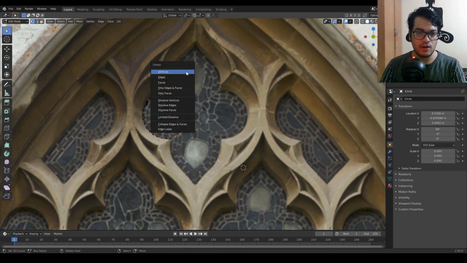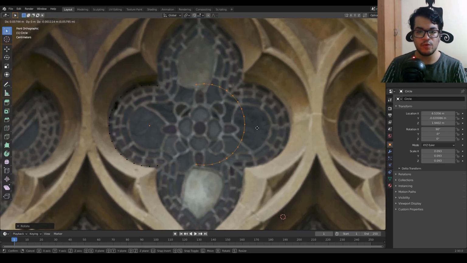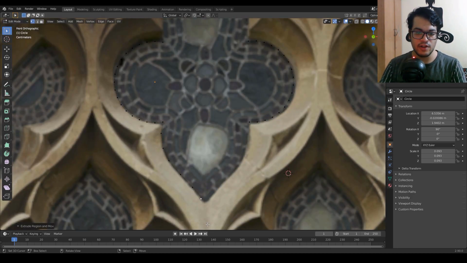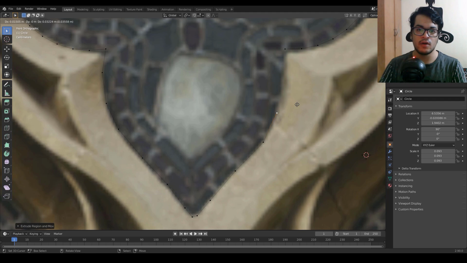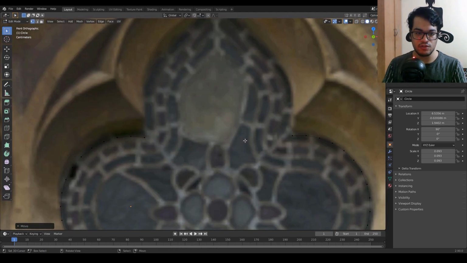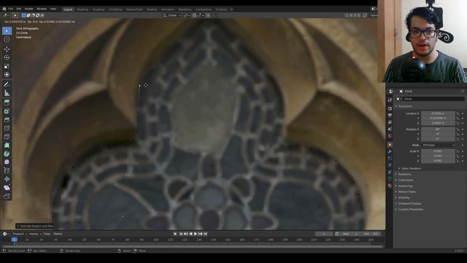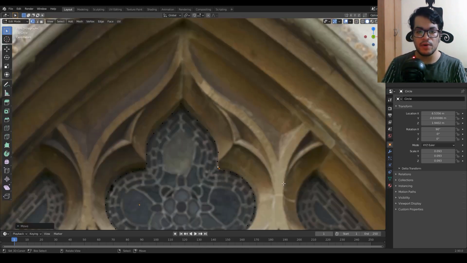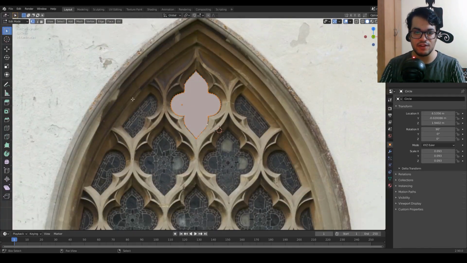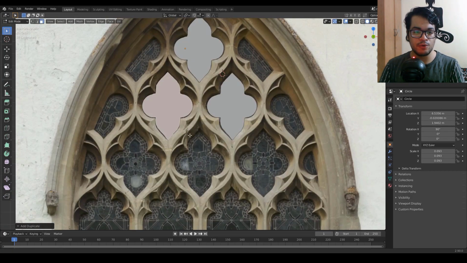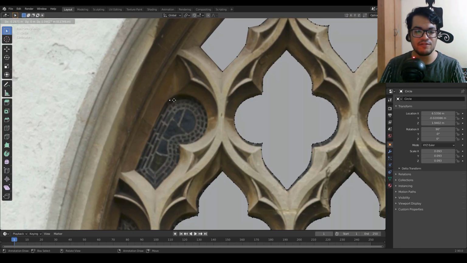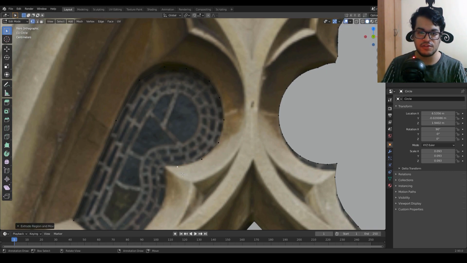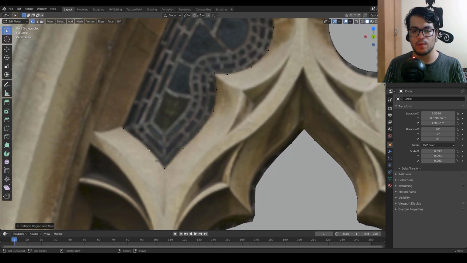So we are going to add a circle and go in the edit mode, and we are going to basically trace out this shape. Select a vertex and press E to extrude, just extruding these vertices and edges. To merge two vertices, you can press the M key. Once you have traced out the edge loop, you can press the F key to fill in the face, and just Shift D to duplicate them. As you can see, it is nothing fancy, just basic stuff. Just merging the vertices and filling the faces and tracing out the basic shape of these windows.